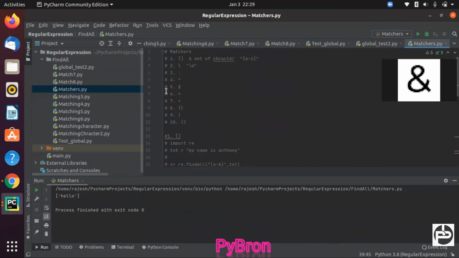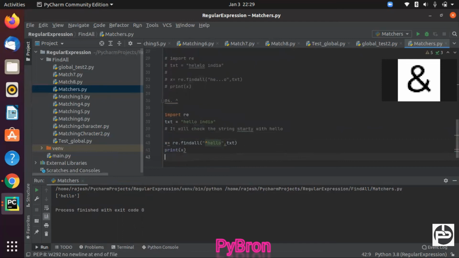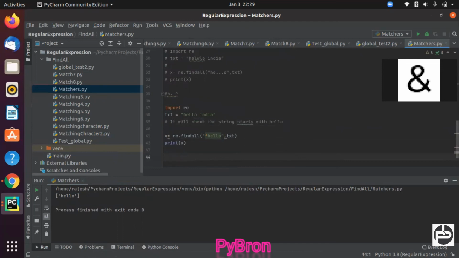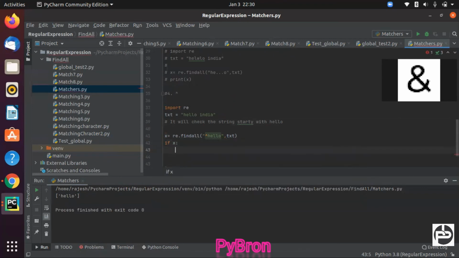Third and fourth we are done, and dollar is just the opposite, meaning it will check whether your string ends with that particular thing or not. Okay, here I made one mistake. Instead of writing x, you can say if x, meaning if this text string is starting with the hello word or not.